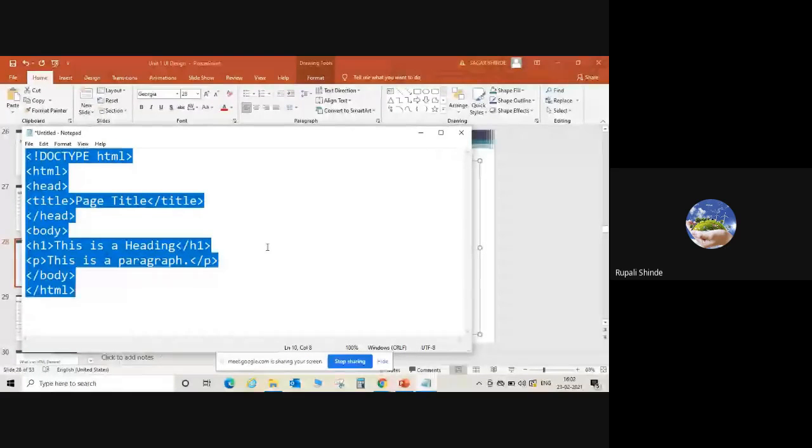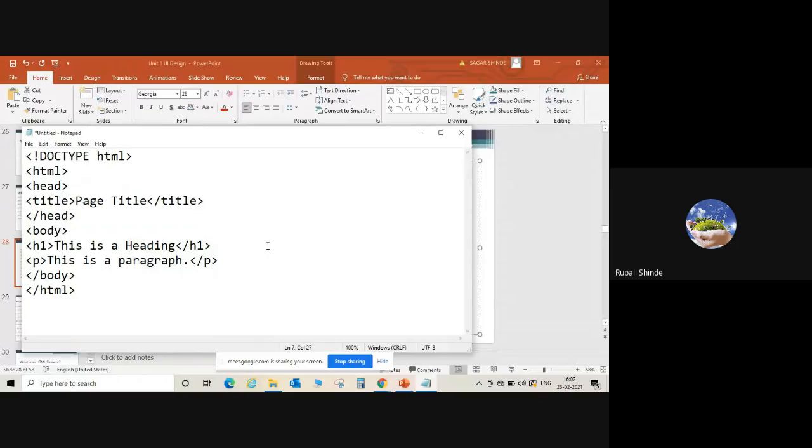Okay, here the first element, and one more word for the element is tag. The first element here we are going to use is doctype. This doctype indicates the type of the document. And afterwards we have to mention here HTML, which indicates that it is an HTML type of document. Then every HTML file has a starting tag, that is html. Afterwards we have a head, which indicates the heading.